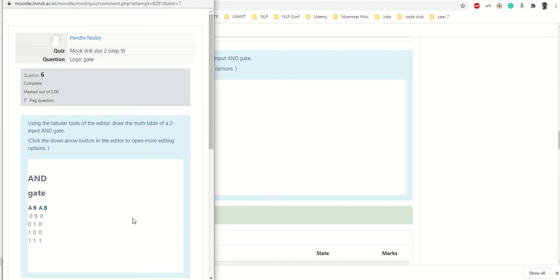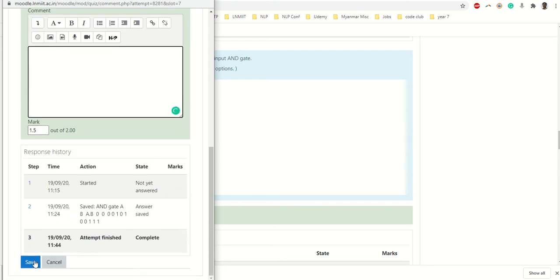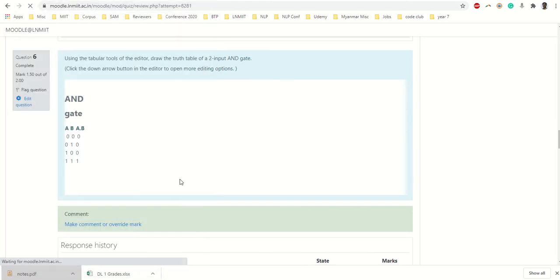When you click on that, a pop-up window will open. You can enter the marks here. This was a 2 marks question, so I am giving full 2 marks. If you are giving 1.5 or 1, you can mention a comment as well that this is the reason we are subtracting marks, or you can share the complete evaluation scheme with the students that if you do this much we are going to give you these many marks. So this is an optional comment, but you enter the marks here and just press save. When you press that, this pop-up will disappear on its own and marks are updated here.